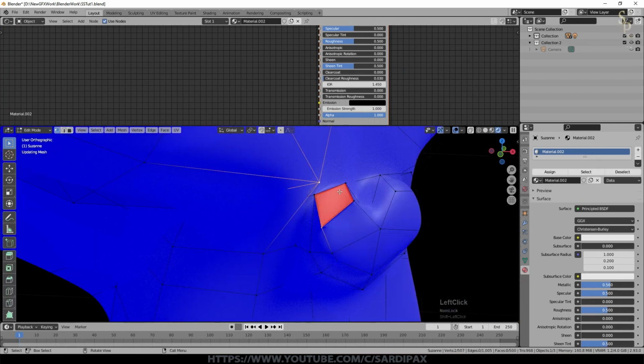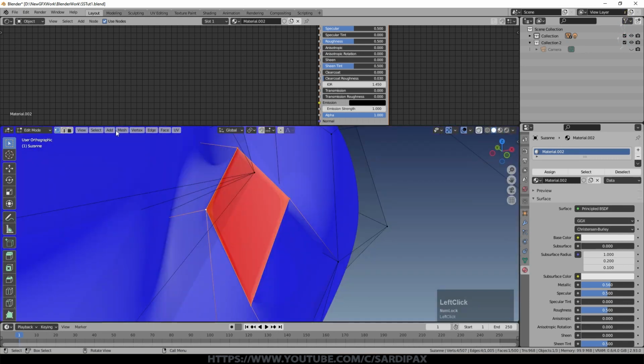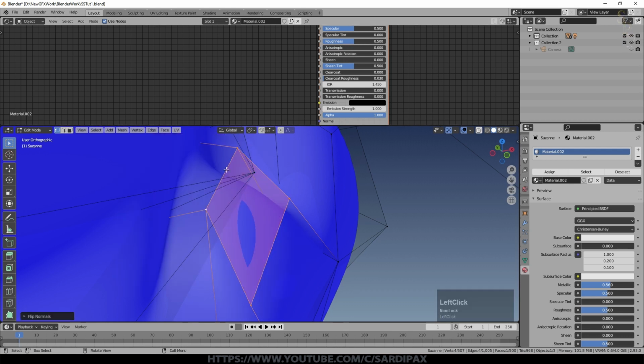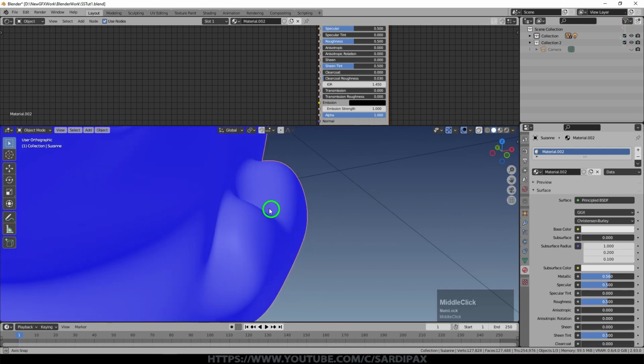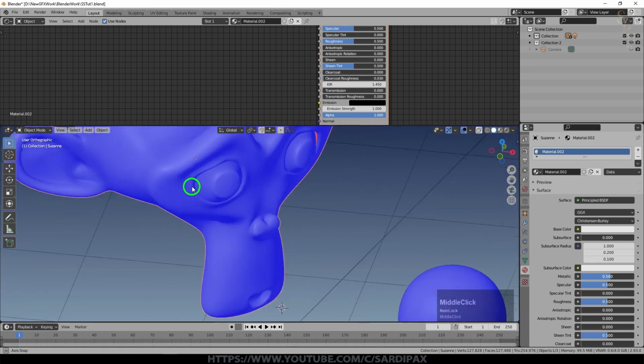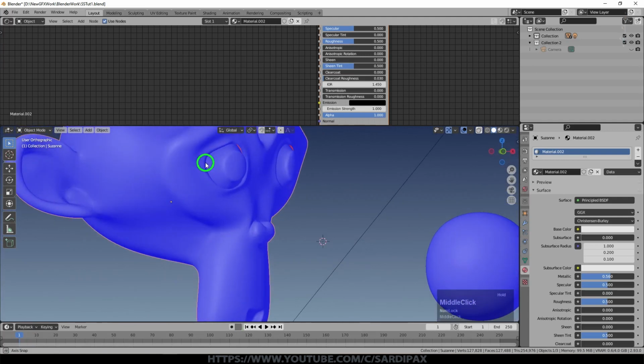And obviously what we can do is we can just select those normals and then just do exactly what I did before under mesh, normals. You can try and recalculate outside if it's a large area. If you've got more than just the flipped vertices selected, then you can try and recalculate outside. Won't always work. Or you can just flip if you've just got a specific area that's a problem. So subdivision surface will often show up problems with the geometry.